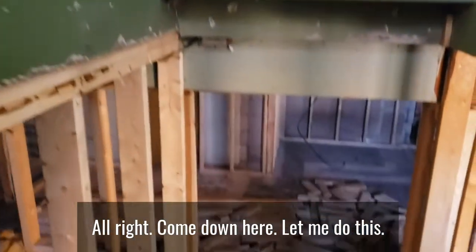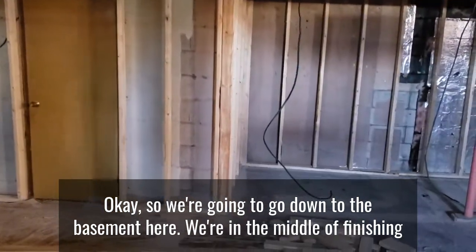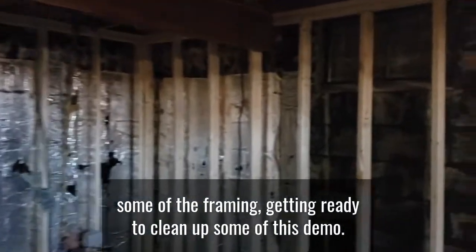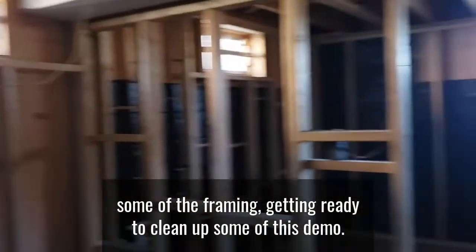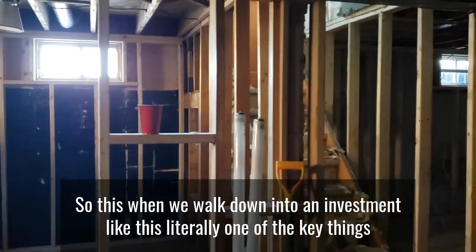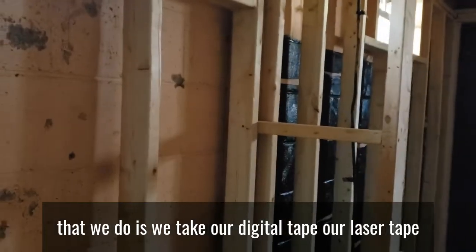Let me do this. Okay, so we're going to go down the basement here. We're in the middle of finishing some of the framing, getting ready to clean up some of this demo. So when we walk down into an investment like this, literally one of the key things that we do